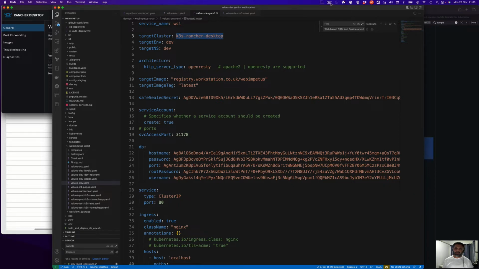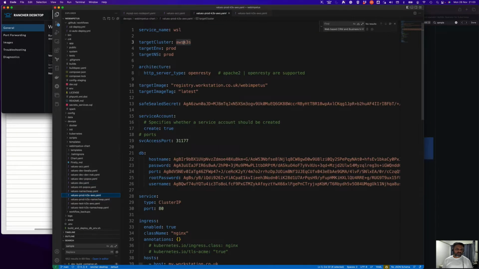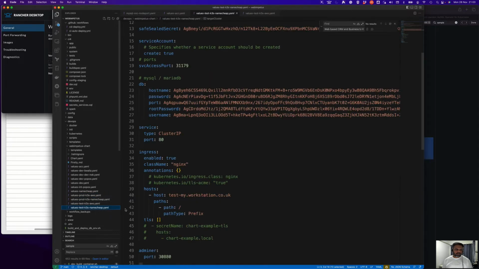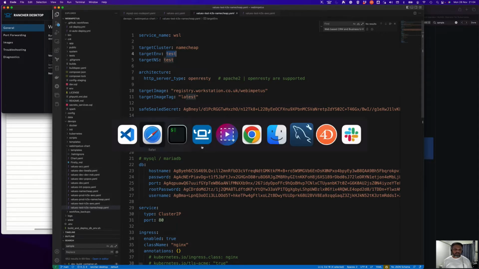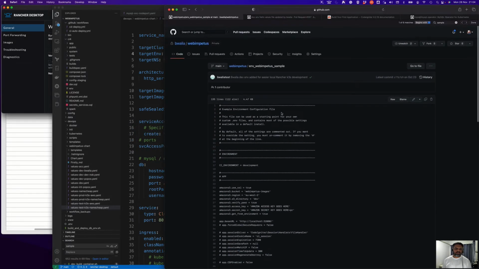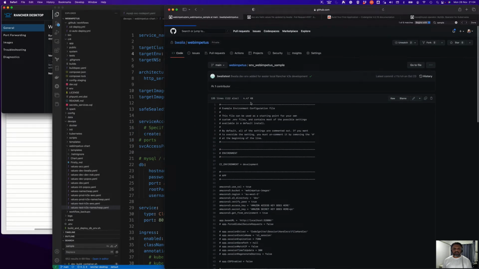clusters. The K3s cluster on local Macintosh is called K3s Rancher Desktop, but in real production we are using AWS K3s. So also a test environment we have on a Namecheap dedicated server, so that is also using an environment called test. And we can deploy this application to multiple Kubernetes clusters as well. And in the end,